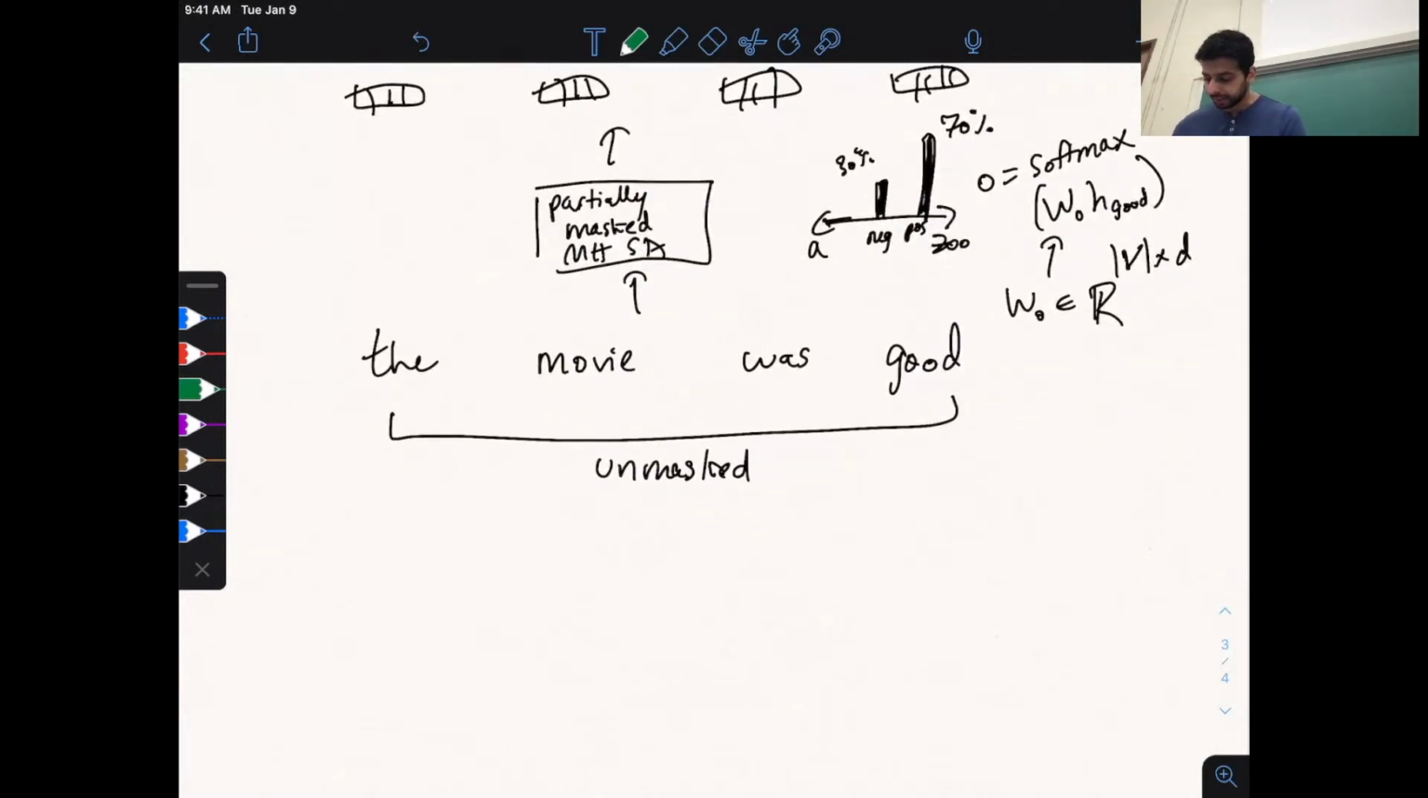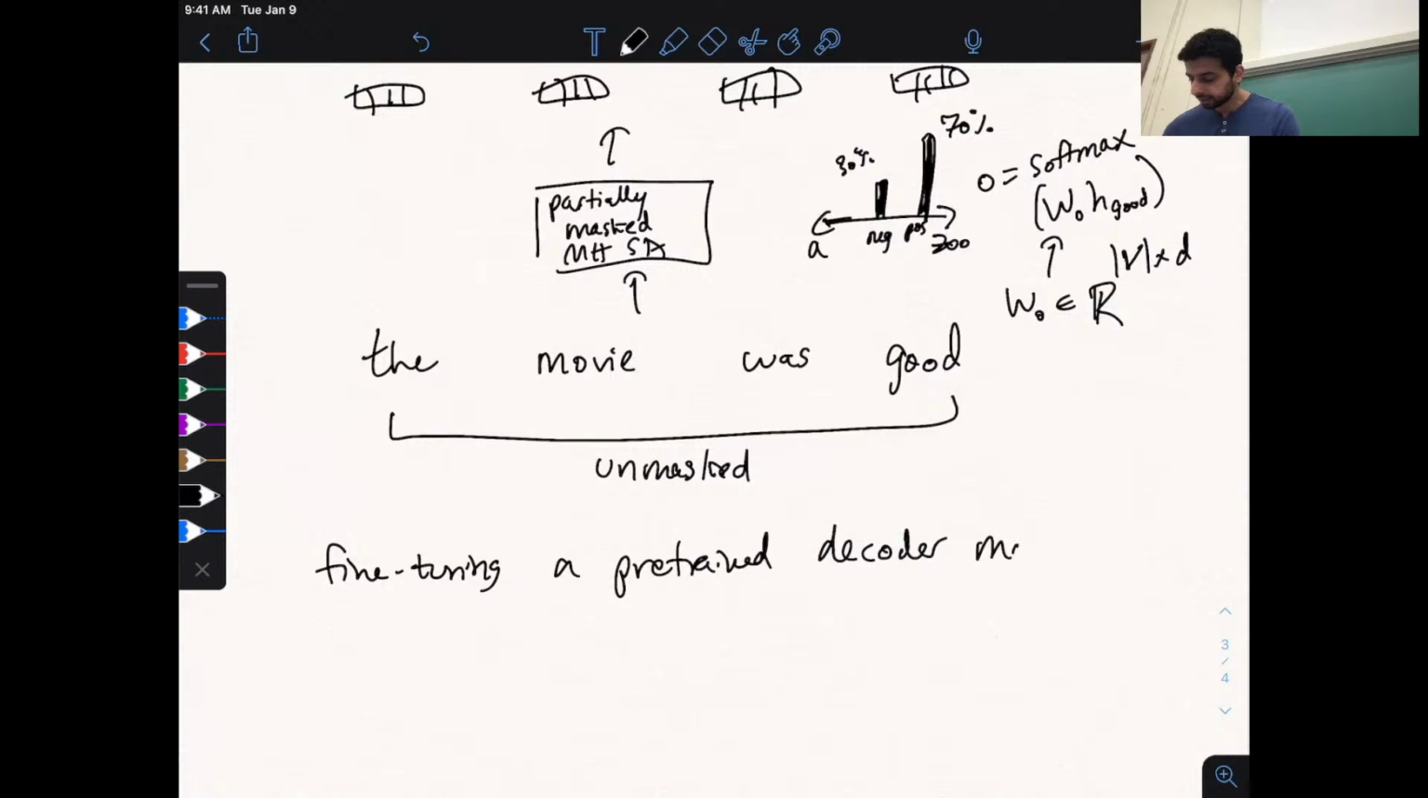So this kind of thing is fine-tuning a pre-trained decoder model. Examples of this are GPT-2, which you might actually use in this class in the project, or Llama 2 or other models like this. These are all just giant pre-trained decoder models, right? But you can still fine-tune them,